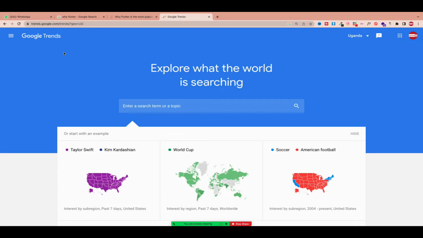Now let's come back to our own industry. So we have said we have different technologies. One is, okay, so there are now two main native programming mobile application platforms. One is Flutter and the second one is React Native. So we are going to find out which one people are searching at the moment, which one is most selling at this moment. So what do we do? Come to Google Trends, search Flutter.